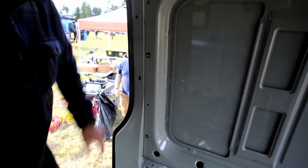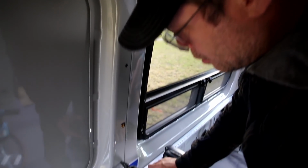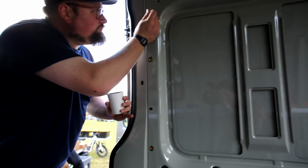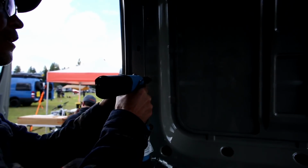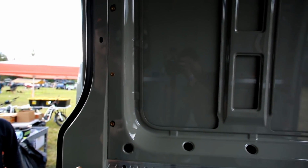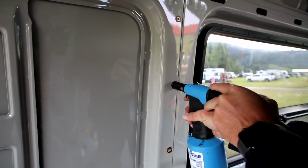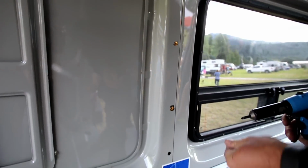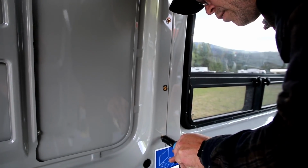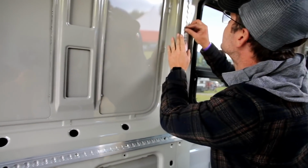Just deburring that very edge. That's the way to do it, Riv. Yeah, this gun makes a big difference in production. We can get the rails out too. We can go ahead and set the